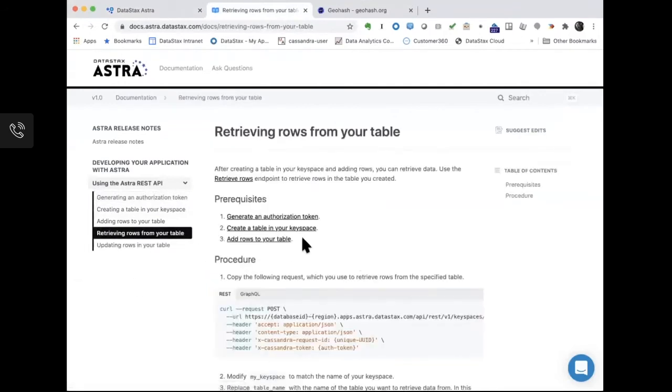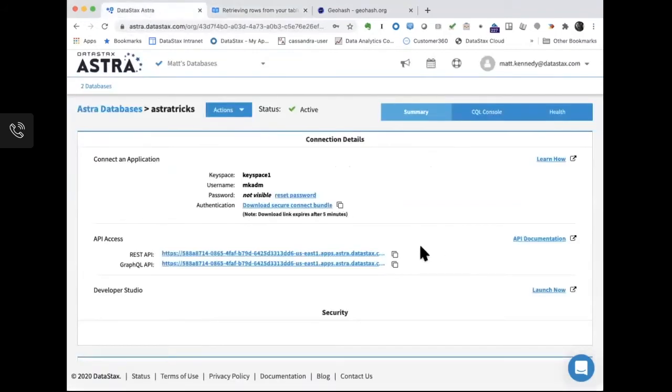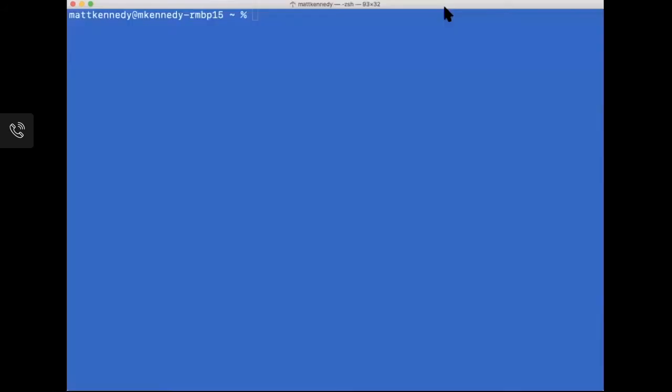But here you can find comprehensive REST docs for everything you would need to interact with the pre-built REST endpoint for your tables. And I'll talk a little bit more about what that means exactly as I show the demo. What I want to do right now is hit this button here to copy this URL to the clipboard, and then I am going to switch over to a terminal window.